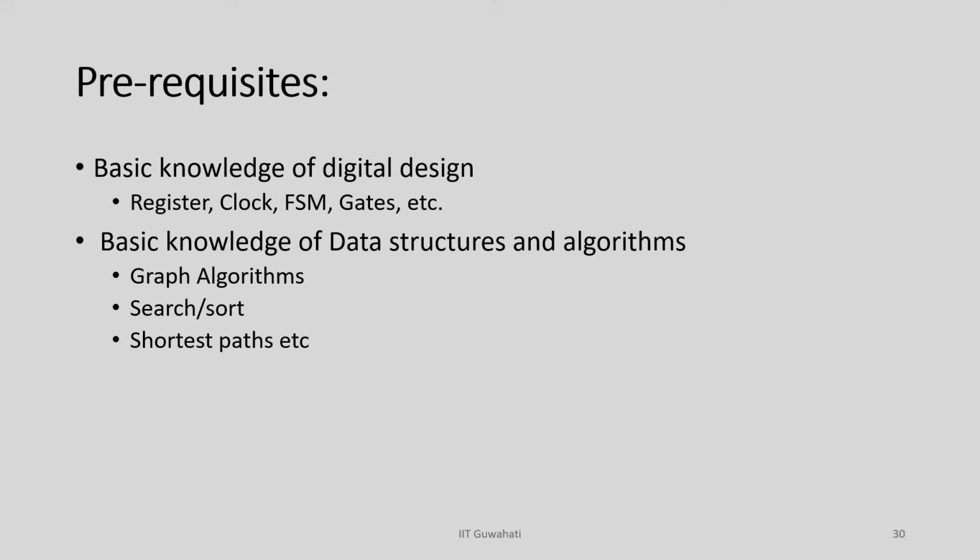And also in this particular course, because it is automation, you need to be familiar with certain algorithms, specifically graph algorithms like graph coloring, clique partitioning, shortest path, and then sorting, searching and all those things, right. So, you should have basic knowledge about data structures. That will help, because sometimes I want to take a scheduling problem or a particular optimization problem and turn it into a graph coloring problem, and then try to solve it using graph coloring, right.